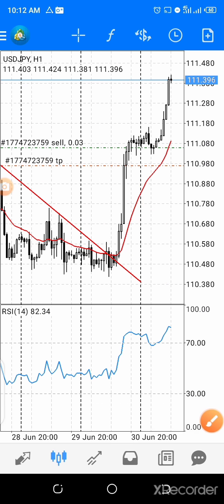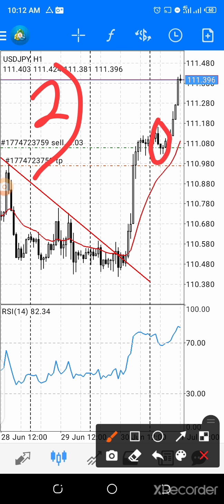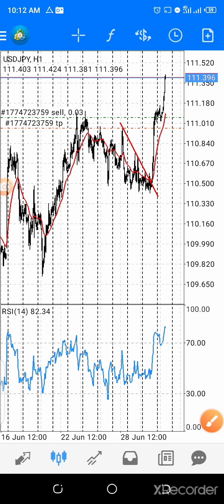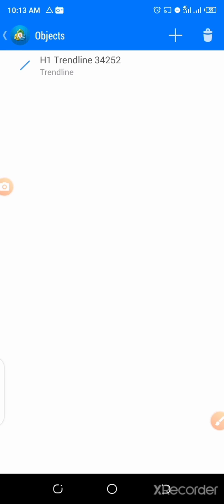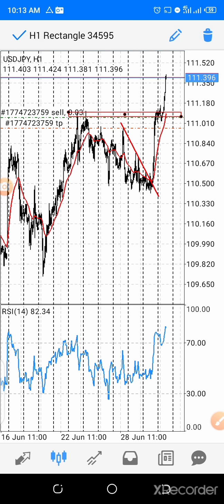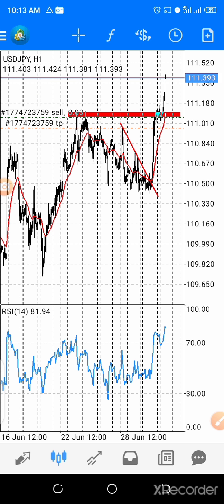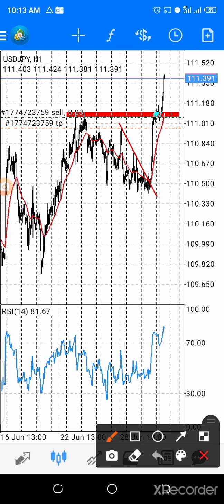Take note. And number two, even if you were trying to catch peaks, which this was looking like a peak, because if you check your historical data, you will see that it got to a zone here, a zone I call a former resistance, but now because of this breakthrough here, it has now become a support.